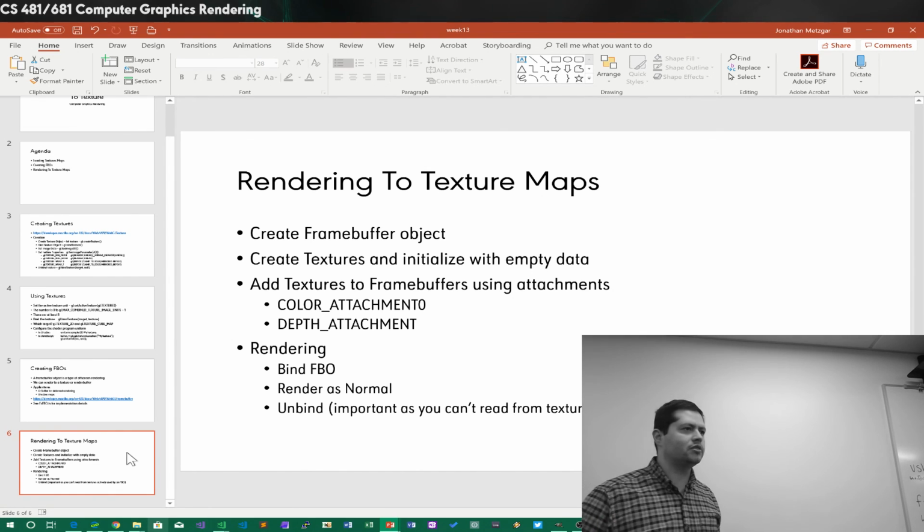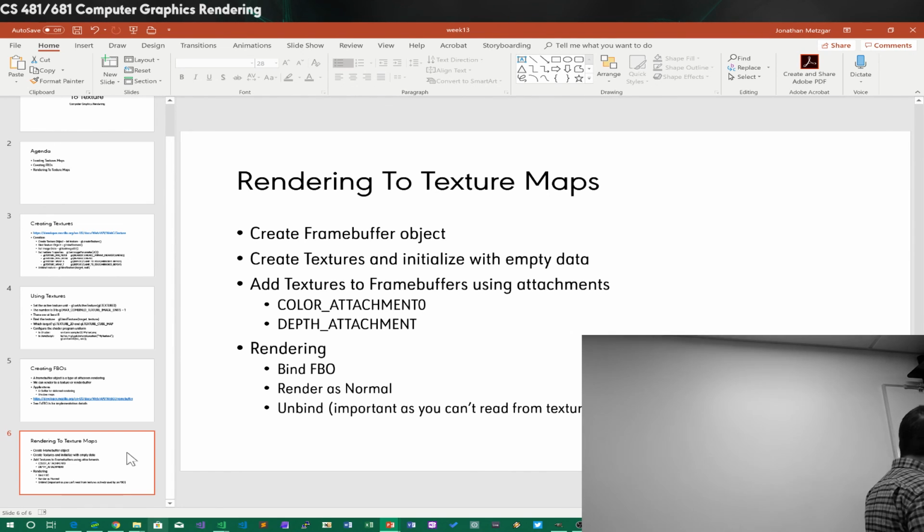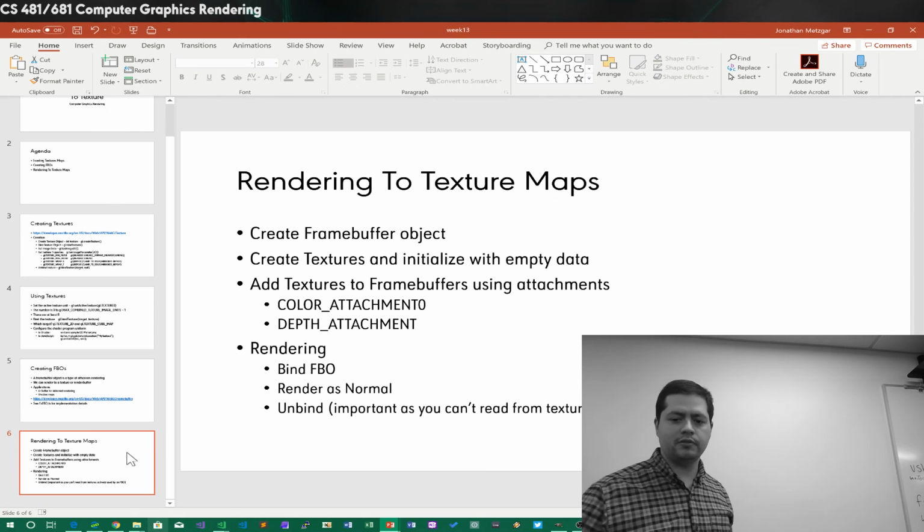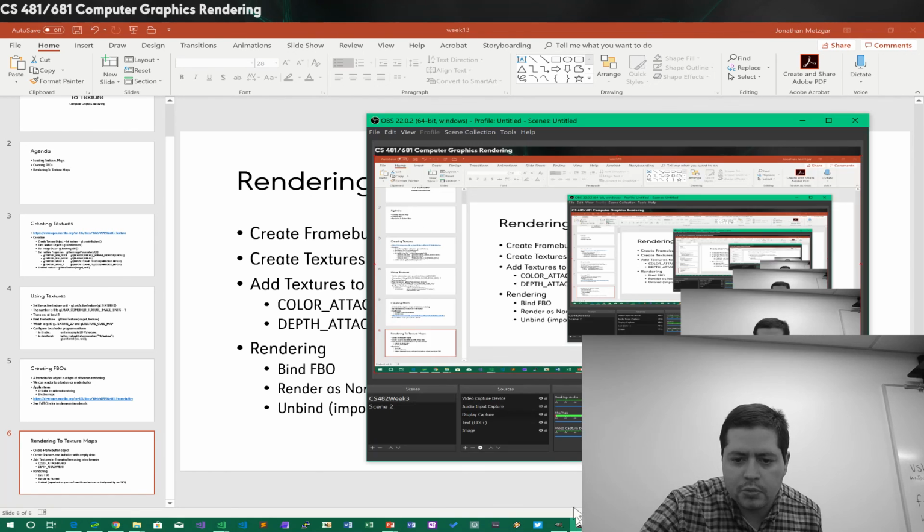So we use texture objects if we want to use images inside our 3D program, and then we use frame buffer objects if we want to render to an off-screen buffer. Okay, so we're going to take a quick